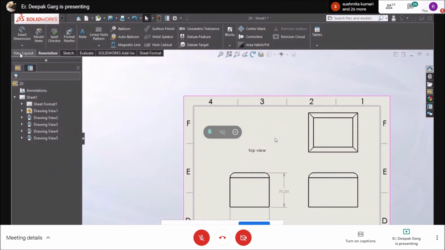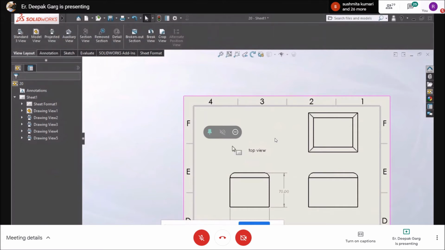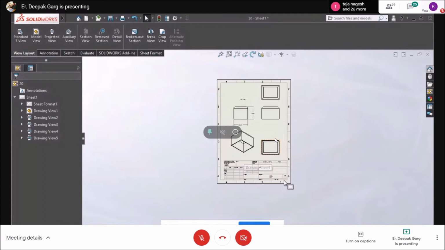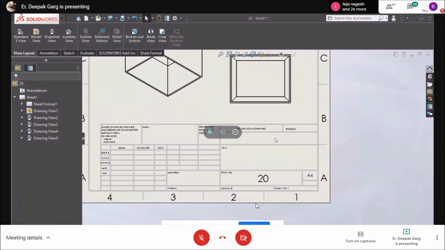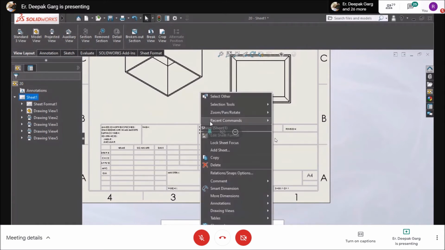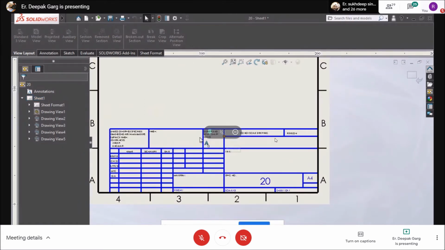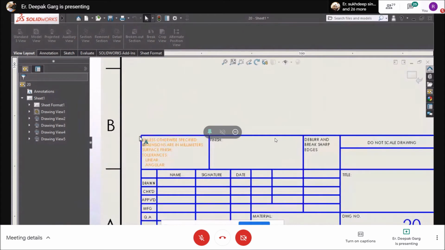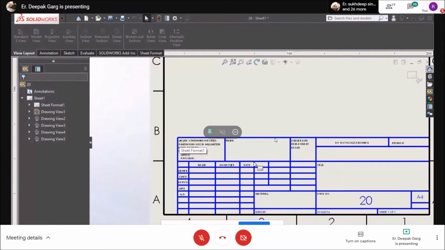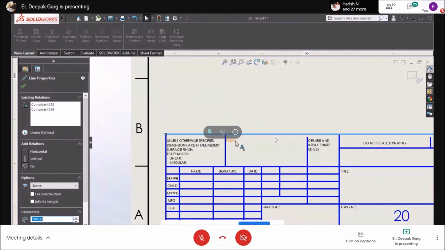There are some more things that you can do, if you want to be a little bit professional. You can change this according to you. This is the page details, the drawing details. For that you have to right click on it and choose Edit Sheet Format. These are now simple lines and simple text that you can move upward and adjust accordingly.